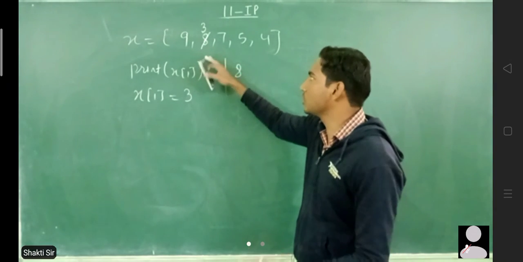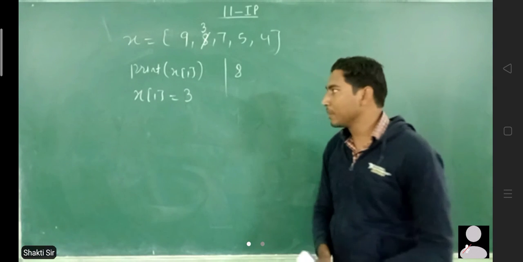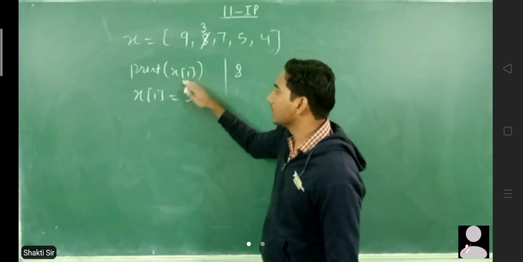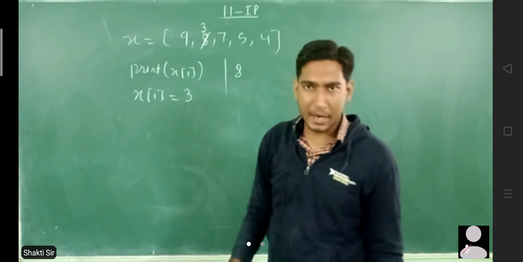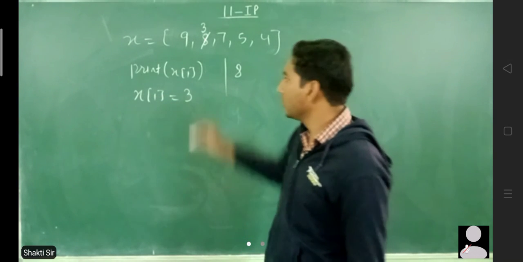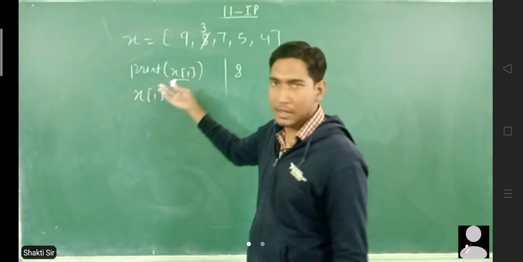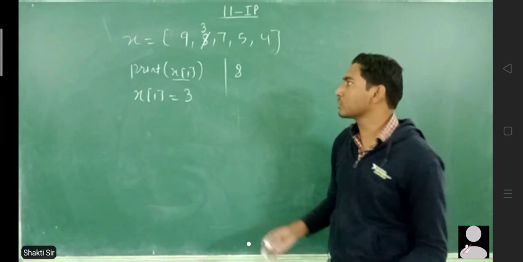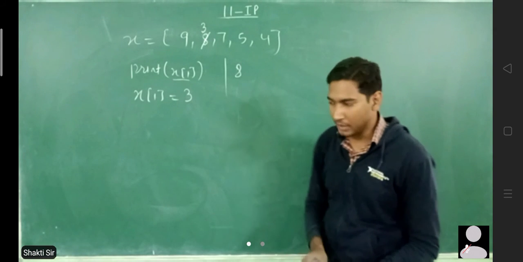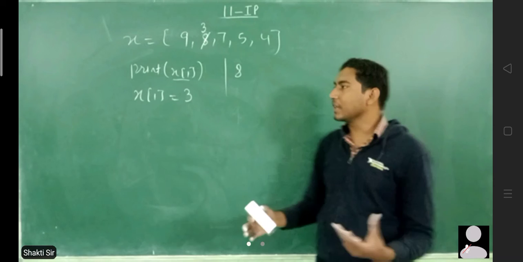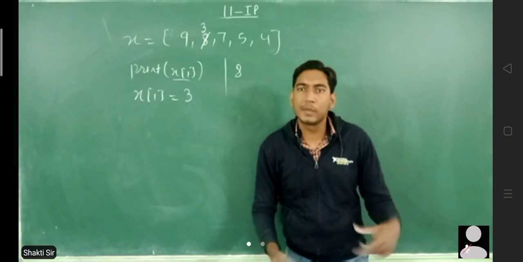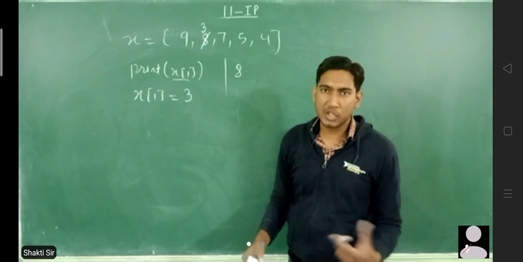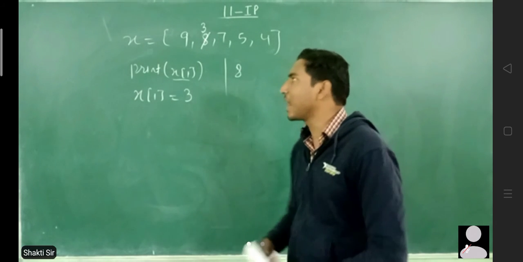x1 जो है वो change हो जाएगा और ये 3 हो जाएगा, है ना? So basically the way we use x[1] to print an item, the same way we can use x[1] = some new value to change that item. So basically we can change an item in a list. x1 इक्वल टू 3 कर दिया तो हमने x1 को चेंज कर दिया. So basically we can change an item in a list.